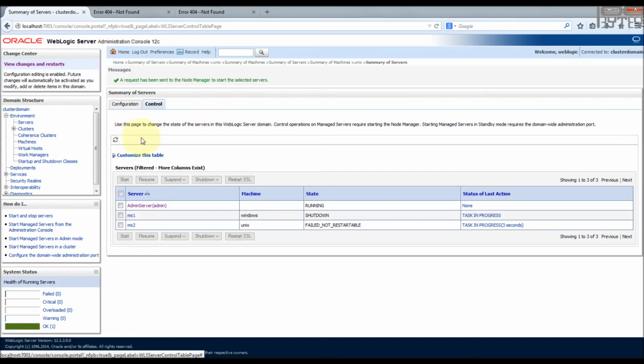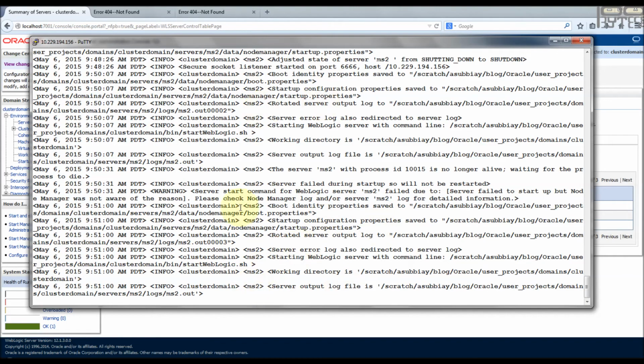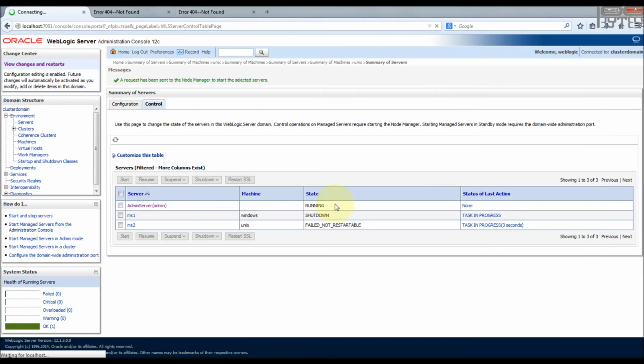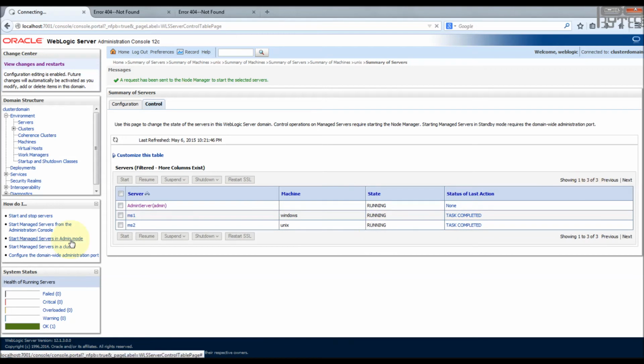Let's click refresh, and meanwhile we can see the output of the node manager. This is on the Linux machine where the node manager is working on ms2 to start the server. So the task is completed on the Windows machine, and let's wait for the Unix machine to complete. And now both the managed servers are running.